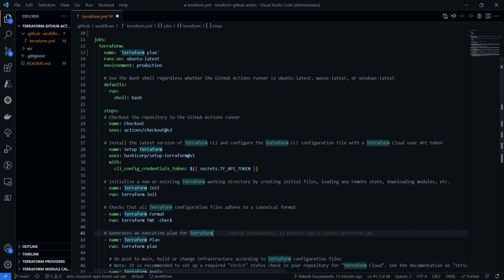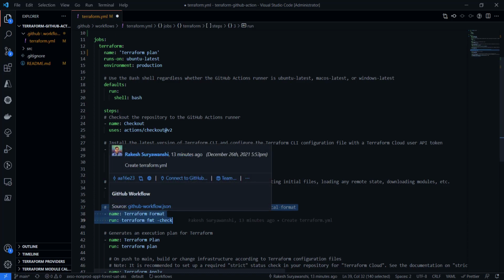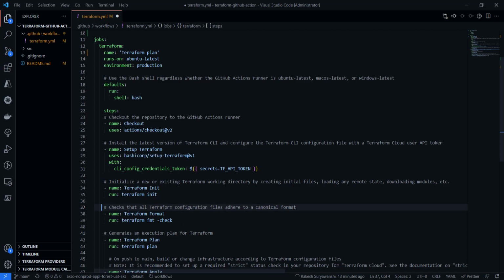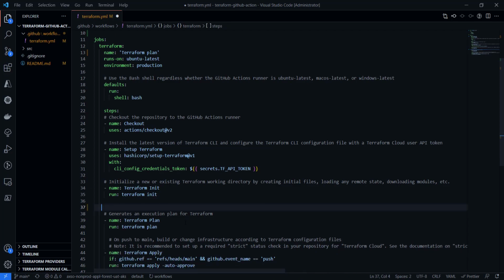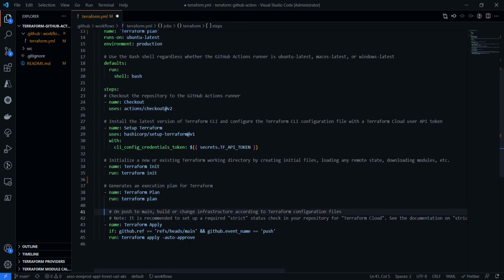Obviously this run is going to be a bash command because we have specified the default run as bash. This is the initialize command, so it will initialize Terraform with the code. Now this is the format command. I don't want to use the format for this particular demonstration. Then we have a Terraform plan, and next we have a Terraform apply.